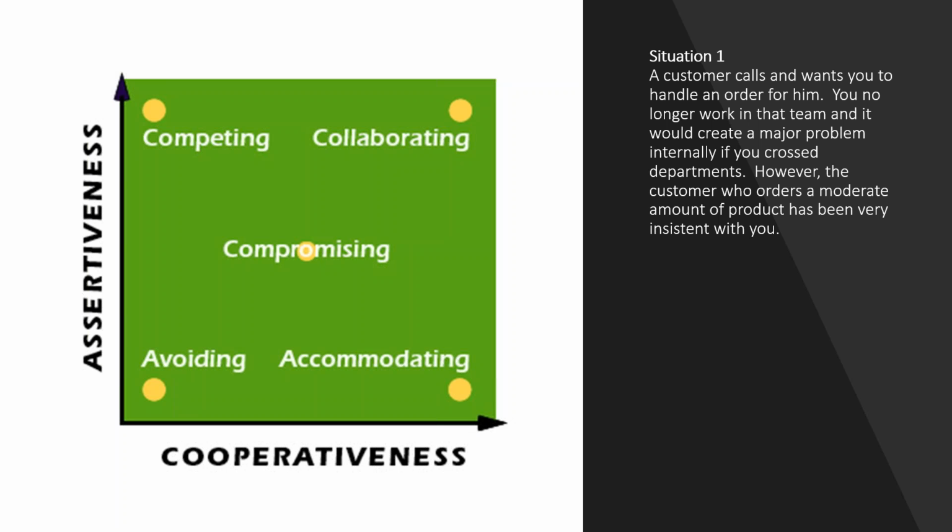So your only options are to compromise or collaborate. So I might say to the customer, for example, look, what I'll do, I want to introduce you to Fred or Mary. Now, Fred and Mary specialise in this area. They're working in a different department, and I will help you build a relationship up with them because I acknowledge that you've been a good customer, and I think the least I can do is introduce you. And then when you have additional orders, you can go straight to them because I can help you pave the way. That would be a reasonable collaboration. So it's probably collaboration I'd suggest in that case there, I would have thought would be the right way. What do you think?